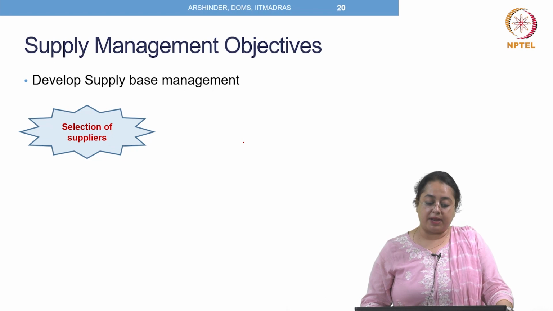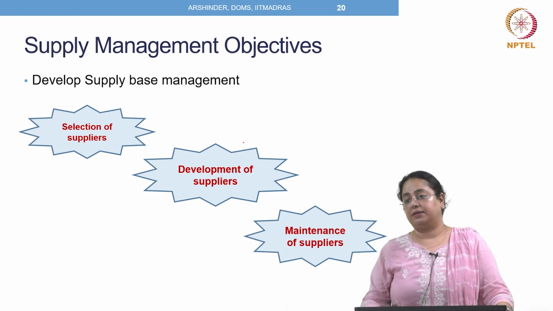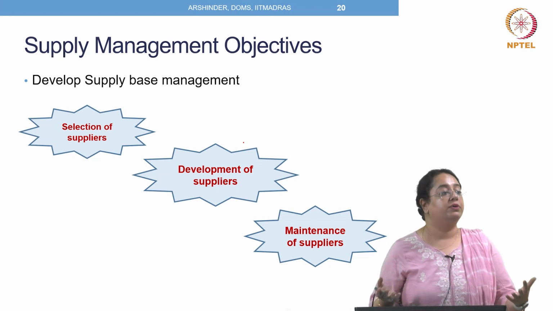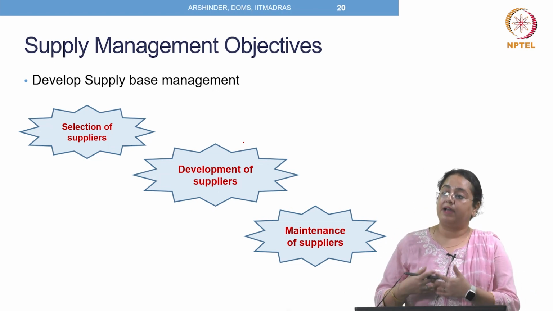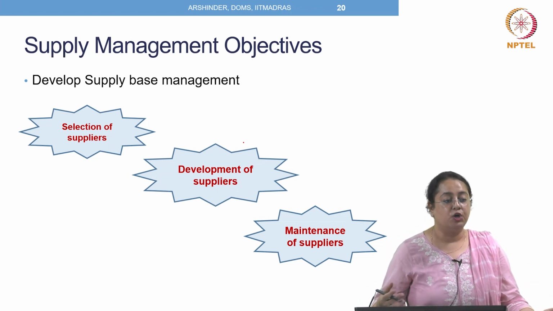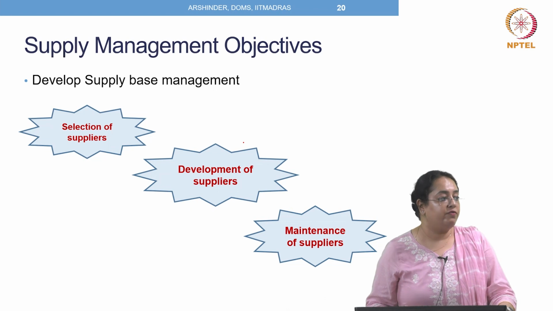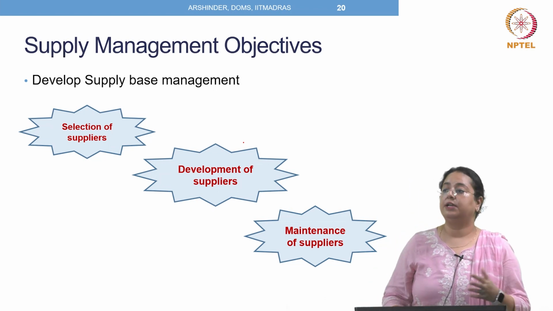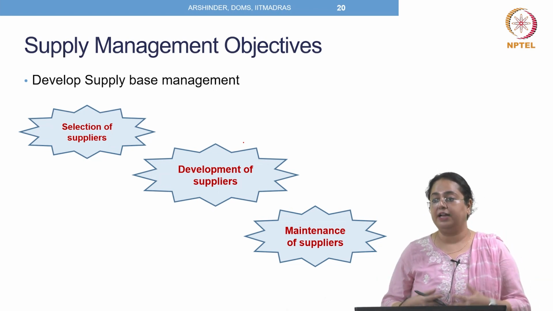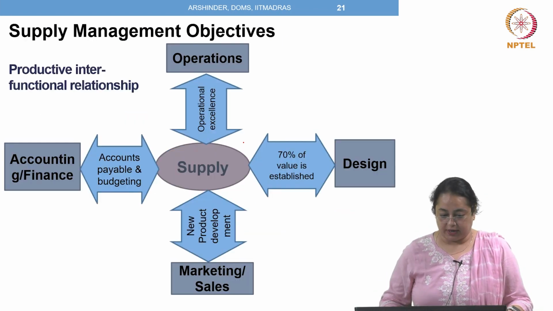Another is development of supply base management. We would select suppliers, develop suppliers and maintain suppliers, right. In many instances companies have gone forward, right. Many companies have actually deployed their employees in their suppliers' premises to develop them, right. So strategic sourcing goes to that level of collaboration. But this is really important because the organization has to use the supplier's product, right. So both expertise actually can enhance the performance of that product.